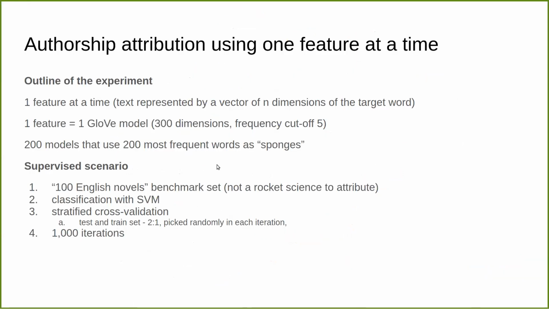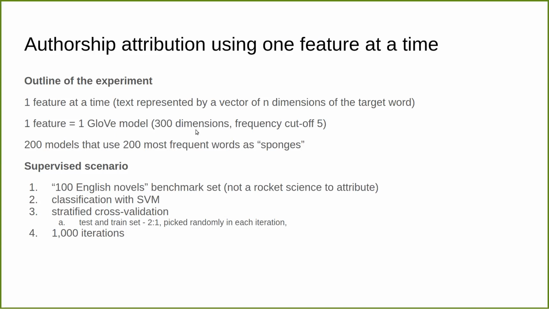Okay, so what we want to do, of course, is first to formally test this brute force approach to text embedding for authorship attribution, so later we can do the unspeakable atrocities that we advertised before in the abstract. The outline of this experiment is very simple. We take one identity feature at a time. We build one GloVe model for each identity embedding. You can basically build identity embeddings for the whole corpus, but we use a cutoff of the 200 most frequent words. So we will have 200 models that use different identity embeddings.